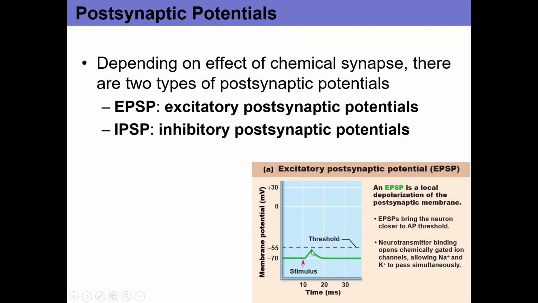But it may not quite hit the threshold voltage. In this case, it didn't. And so the voltage gated channels don't open. But for this brief period of time, that neuron facilitated. If we get another strong signal,